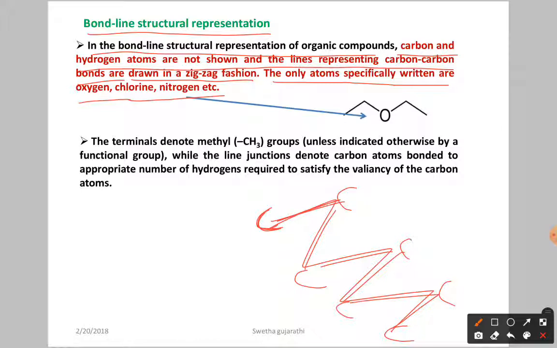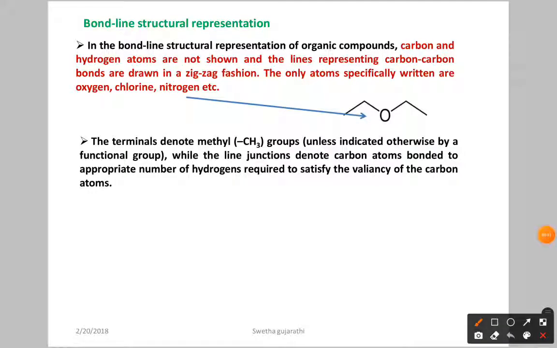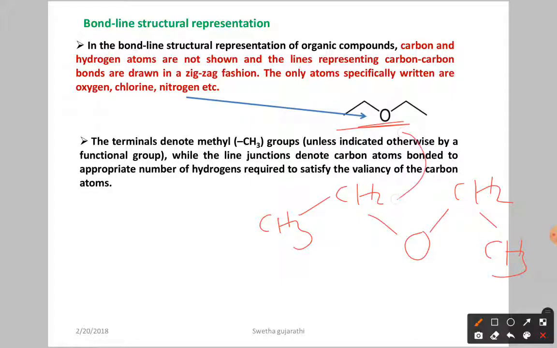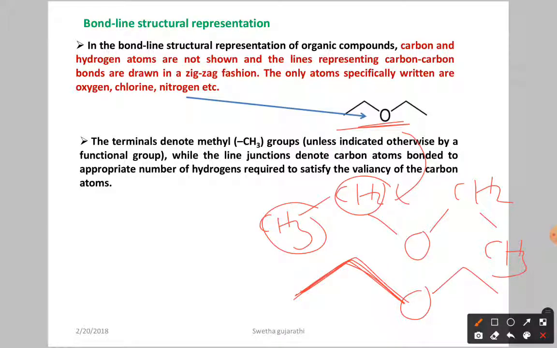Here, you are showing only carbon and hydrogen like this. If any other atom like oxygen is there, you are going to represent it. Let us see the molecule here. Actually the structure of the molecule is this one: CH3, CH2, oxygen, CH2 and CH3. This is the actual structure. So what you are doing is you are not showing any carbon or hydrogen, simply you are writing one zigzag like this. One up, one down, one corner, one turn. Here you are taking a turn, indicating one carbon we have.